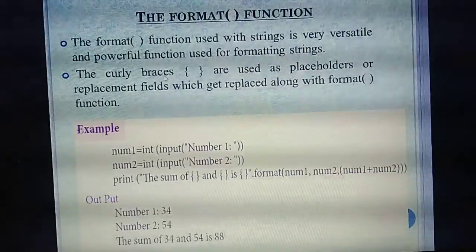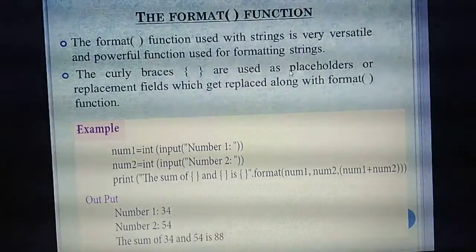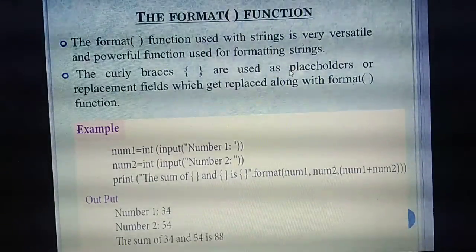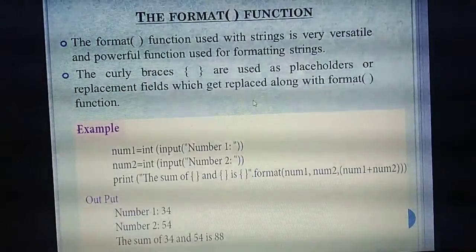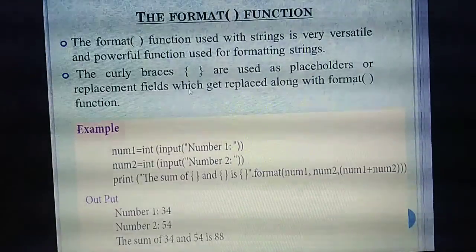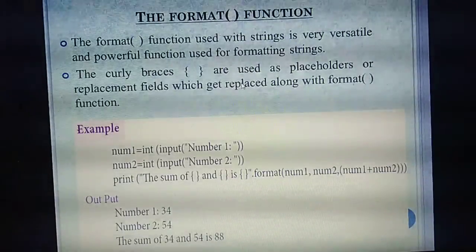Okay, so what's the use of this symbol? This symbol is used as a placeholder. That means it will replace a particular field. So instead of writing formulas, or if we need to enter two numbers, you simply give them inside the bracket. To replace that place, which symbol are you using? Curly braces. So we are using curly braces as placeholders. That means it will hold some values.